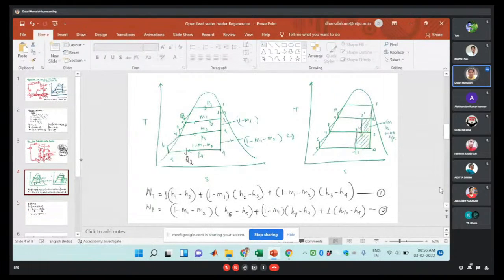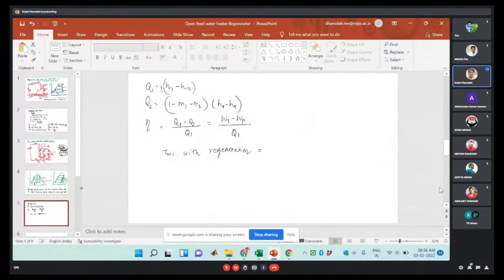So here it is the H1 minus H10. Here the entropy we are considering is S1 minus S10. So that is your mean temperature with regeneration. Similarly, T1 without regeneration will be